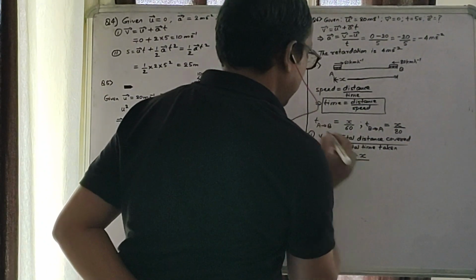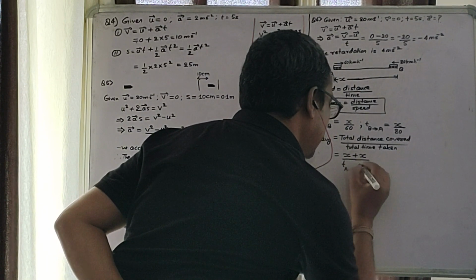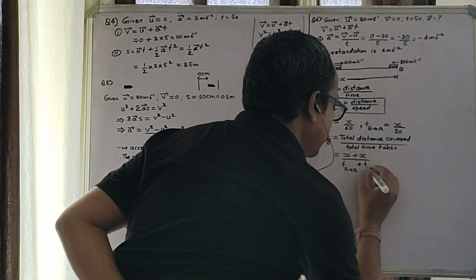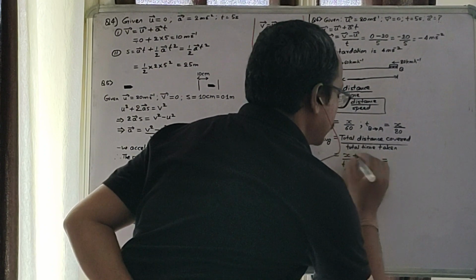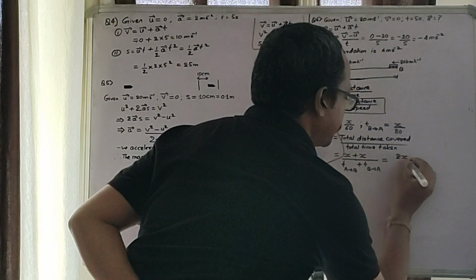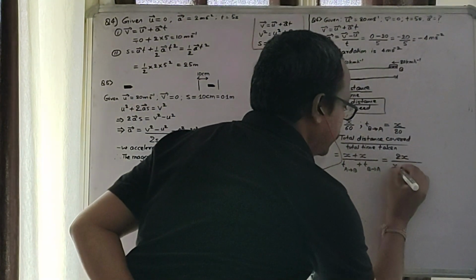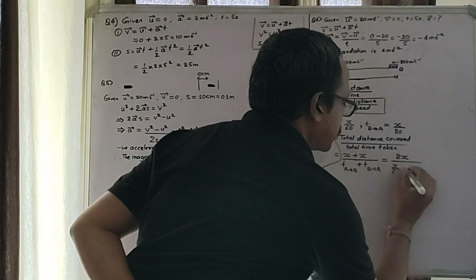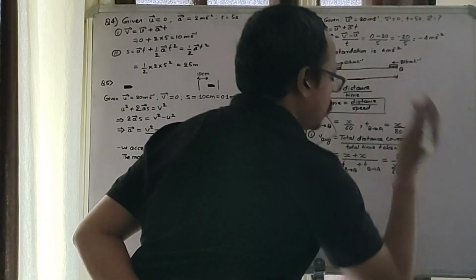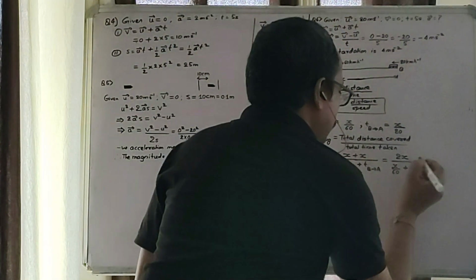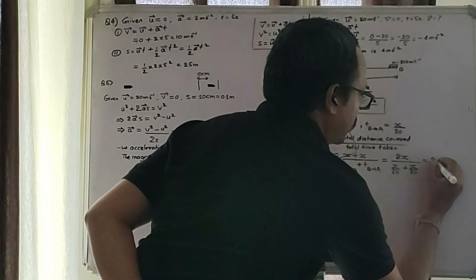Total time taken is t A to B plus t B to A. So x plus x will become 2x, and if we fill in x by 60 and x by 80, what will we get? Let's do it. We'll get something like 2x upon,